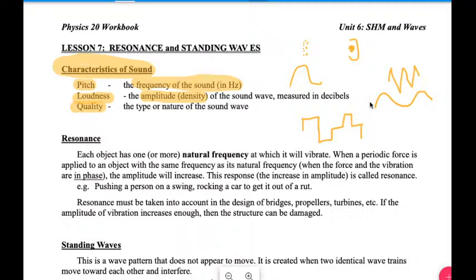And you can have different overtones to this, different harmonies. So quality is more complicated, and it has to do with some higher level physics, but it is kind of that third characteristic that we will briefly look at. All right,